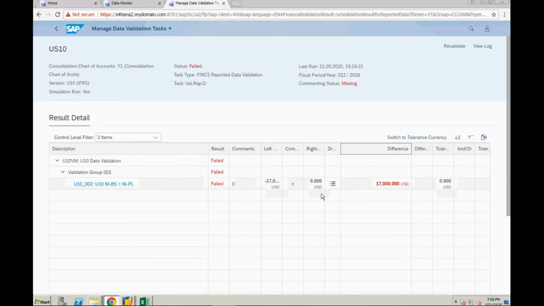And he has to post. Suppose to solve this, see, on the left side you have 17,000, on the right side there is nothing. The validation is net income balance sheet, net income P&L. I have run it, but in the test mode, so it is saying it failed. So he has to run either the net income or post some topside adjustment in the ACDOC table, not in the ACDOC A table. Or if something is missed in the ACDOC A table, he can post a transaction in FIX.